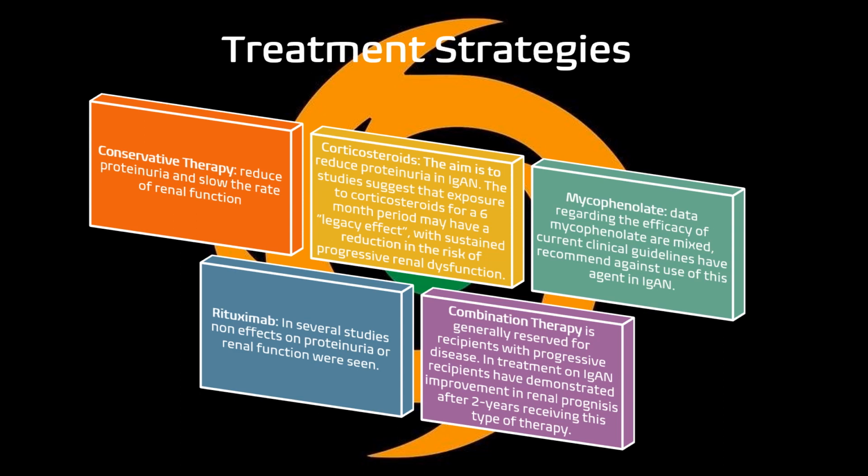And combination therapy in literature has been identified as generally reserved for recipients with progressive disease in treatment of IgA nephropathy, and it has been demonstrated that there's been an improvement in renal prognoses post 2 years of receiving combination therapy. And I won't delve into the detail, but at the end of this audio podcast, there will be